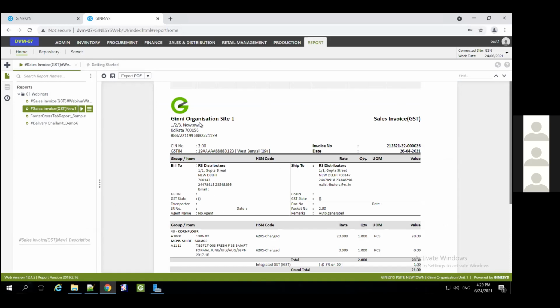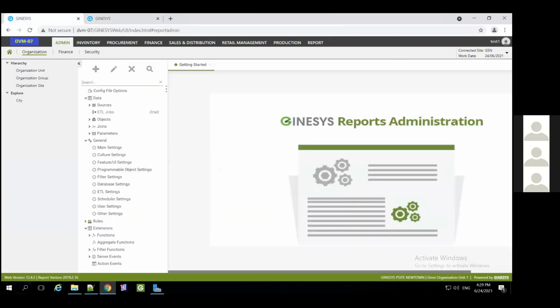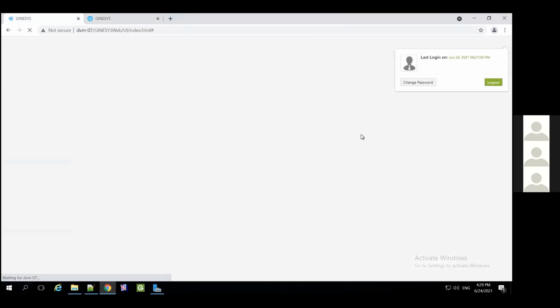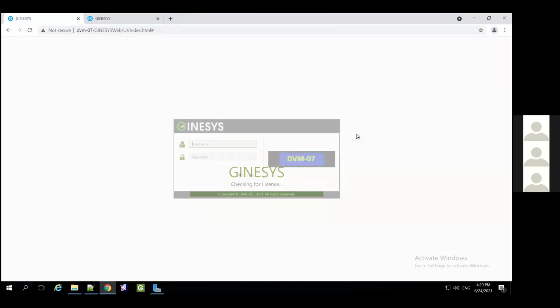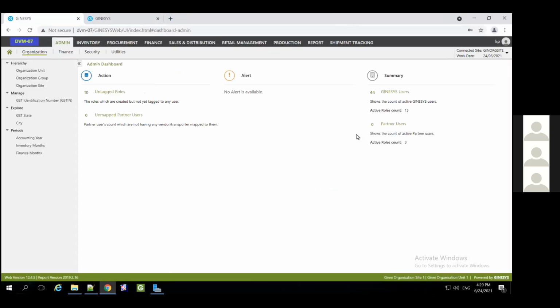So if they now log in, they will also see this particular report. So probably the use case is where you don't want the users to create new reports in this folder. We just want to let them have execution purposes only. We don't want the user to have creation privilege because he or she may not know the full report development or design, and may create some reports which will be problematic, right? So that is why you want to restrict the usage of this particular role, where we say that this role is only for report execution.